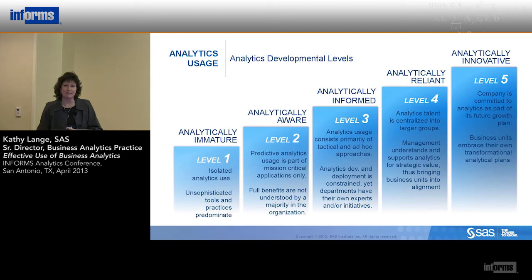Now, let's think about analytical maturity in your organization. And inevitably, when people see this slide, they put their organizations in a bucket, in one of these levels. So, you know, everybody's got levels of analytical maturity. We've got 5. A lot of people have 5. Davenport has 5. Many other people have 5. But down here, we're kind of analytically immature.